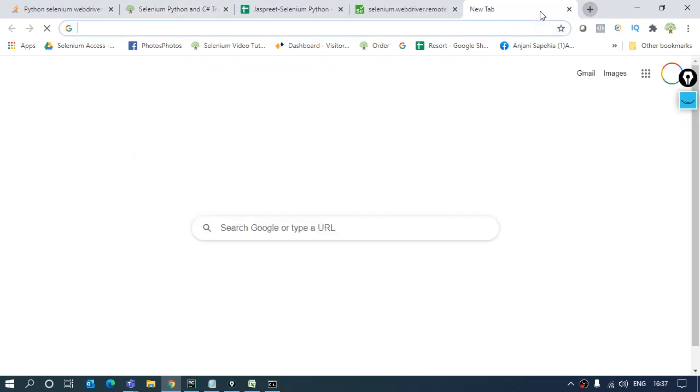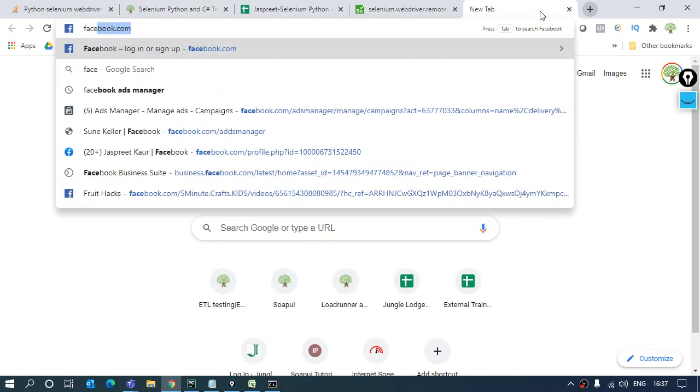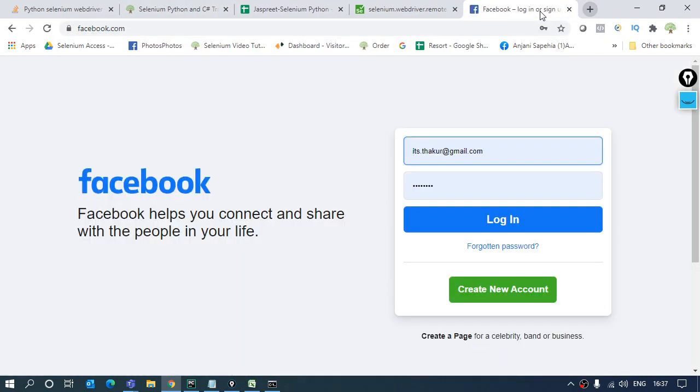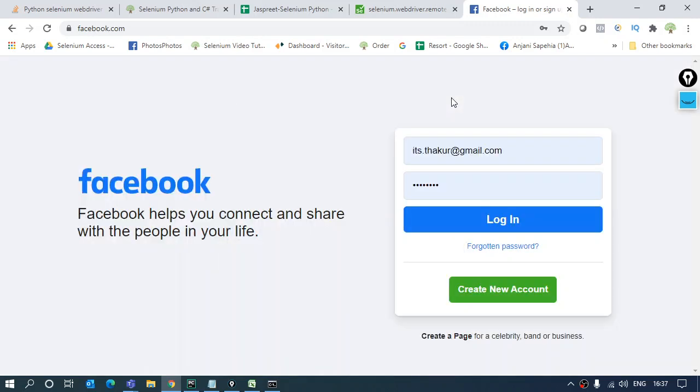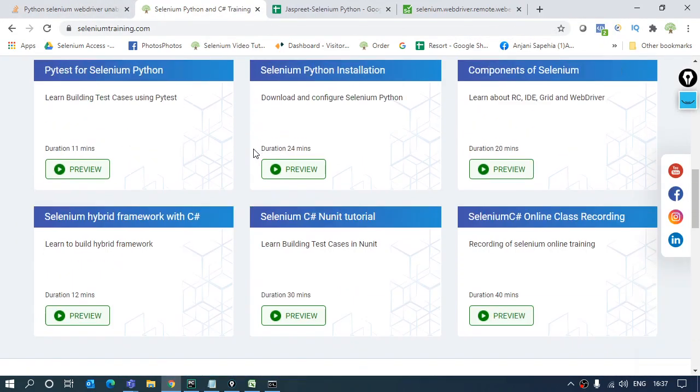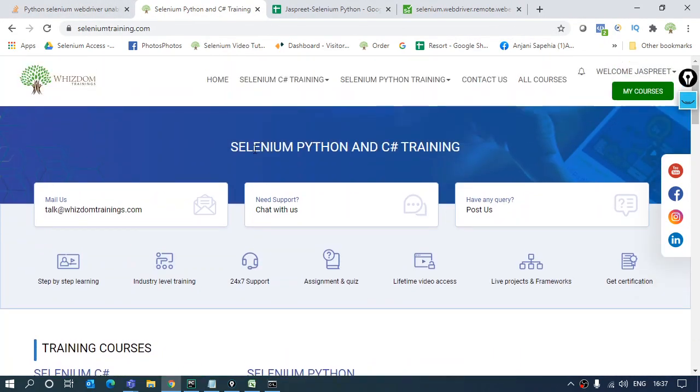Previously there was a page, facebook.com. This page was having all the elements 6 months ago. Now they have updated the page, so they have all been changed into this kind of window, and now you get all these. So I won't be using this page, but it has all the elements. This is also a good page to practice, but we will take this page. Fine. Now on this page,